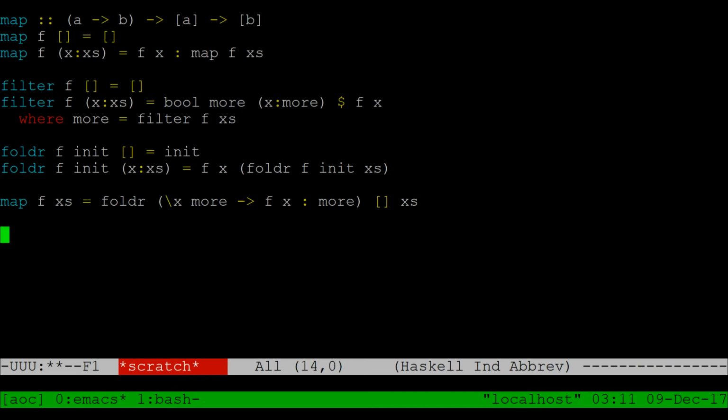There's another fold called foldl. F init, and we'll just define it here. And actually, it's not usually called init now. We would call it accumulator equals act. Oops, f act empty equals act. Yeah, foldl f act x x's equals